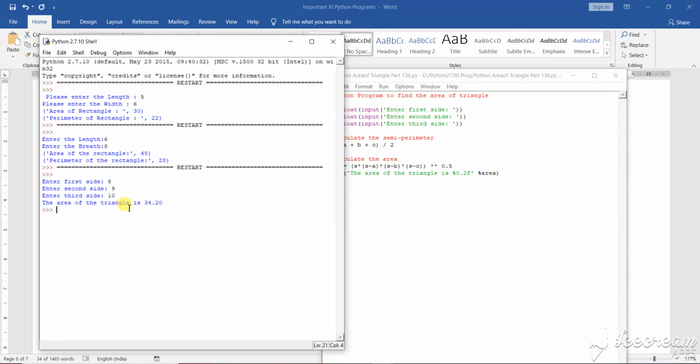So this way you can calculate the perimeter and area of different rectangles, triangles, all these things. Everything you can calculate, because one simple thing is there: you are going to take the value from the user. So the value from the user, you can ask the user to input. There is no hard and fast rule to implement. The implementation is what is the logic you are using.